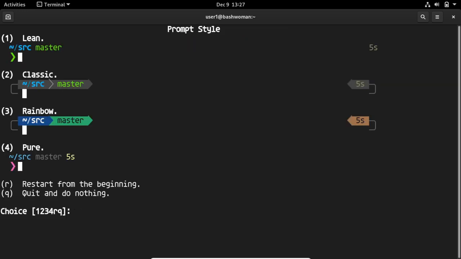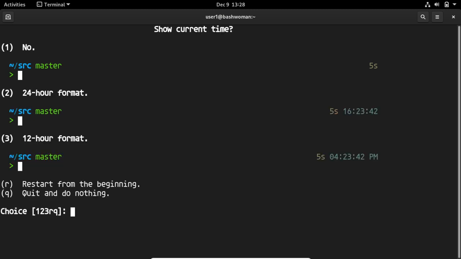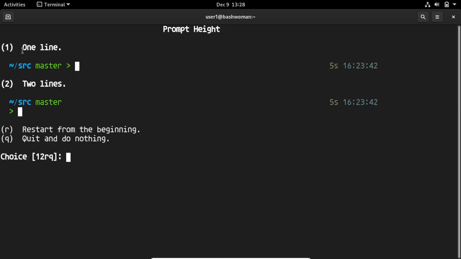Okay, so we restarted our terminal and now you can see the terminal is changed. You can select any of the options, so I'll just go for one. I want to use Unicode or ASCII, so I'll go for 2, and I need 256 colors, and the time format I want is 24-hour format.